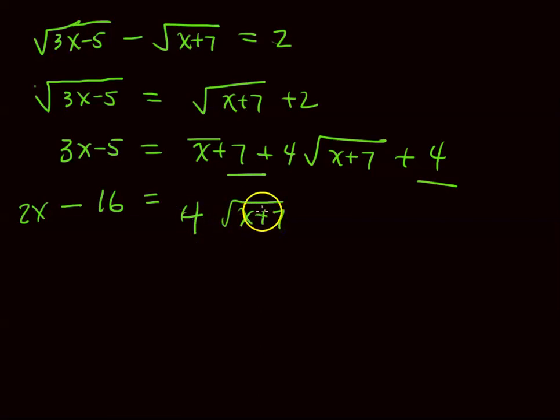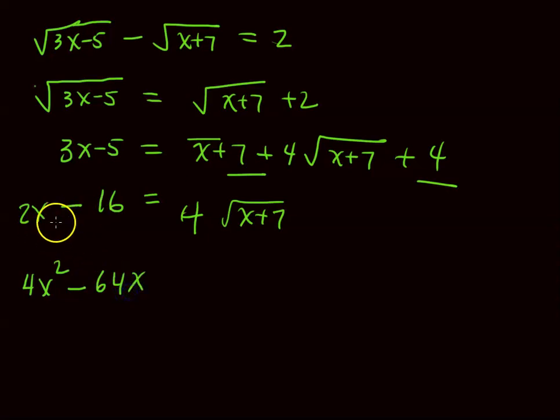Now when I say isolate, I should really say isolate the term that has the radical, because this 4 is not going to be a problem when you square. It'll just become 16. But this is a binomial. Square the first, 4x squared, double the product. It's a negative, see, this is 2 times 16 is 32, but you double it,